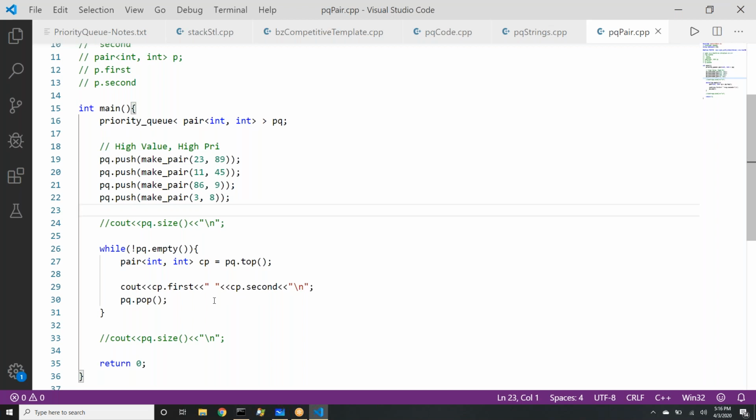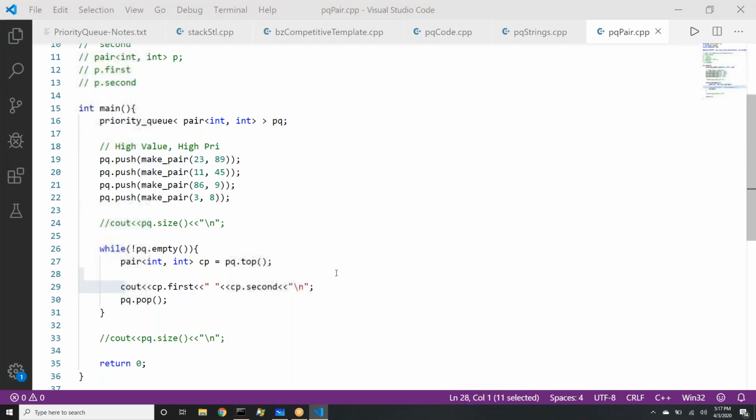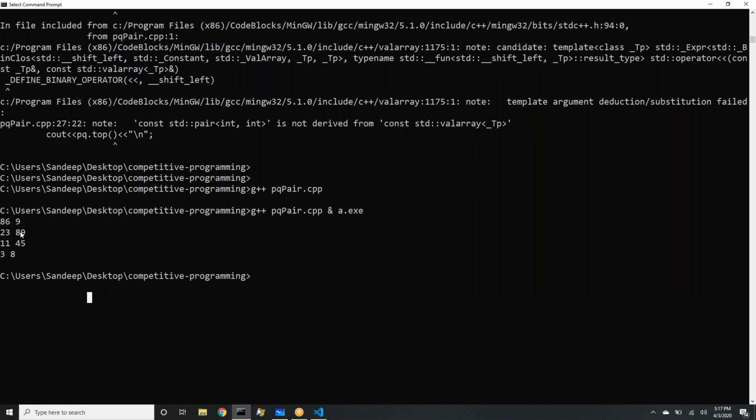Awesome. So Ishwar says replace first with second. So basically, if we swap their order when we were inserting in the pair, then we will get the reverse sorted. Is that true? Because then what we are doing is we are essentially making the second field the first field, right? But the challenge is our output will come in this order, but we want the output to be 89, 45, 9, and 8, right?